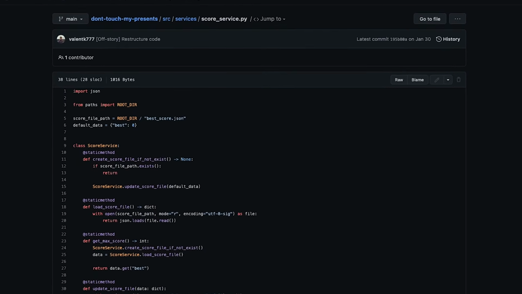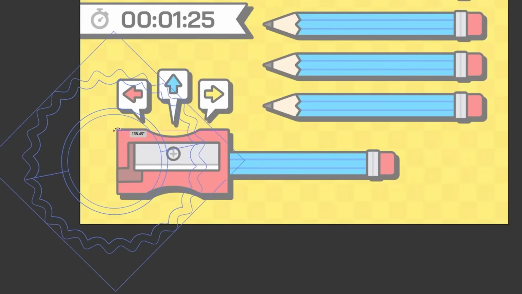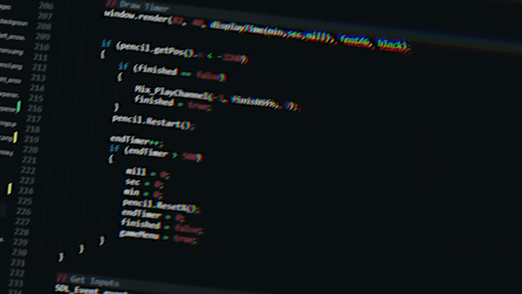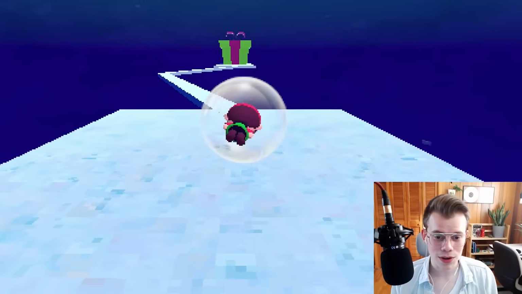Now, of course, I wasn't able to add everything I wanted to, like saving your high score or adding little shavings that would come out of the sharpener. But all in all, I'm actually really happy with how the game turned out. But I'm not gonna lie, this challenge was hard, like really hard. It's probably one of the hardest programming challenges I've ever done, and granted, I am coming from an artist background,